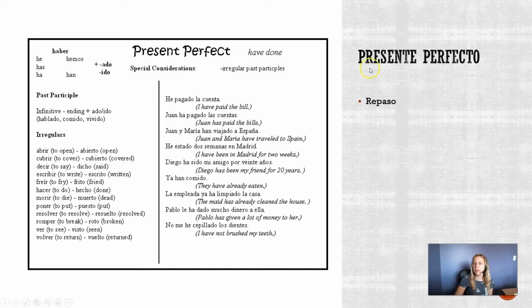I'm going to review really quickly el presente perfecto, the present perfect. We will work more with this tomorrow, but I just wanted to refresh your memories about how we use the present perfect. Okay, so es un repaso. Repaso is review, right? So in the present perfect, remember this is our tense where we have done something. For example, I have eaten, I have danced, I have sung, I have ran, I have slept. Okay, all of those, that's why it's called the present perfect, because this have is in the present. Okay, but it's in the past.